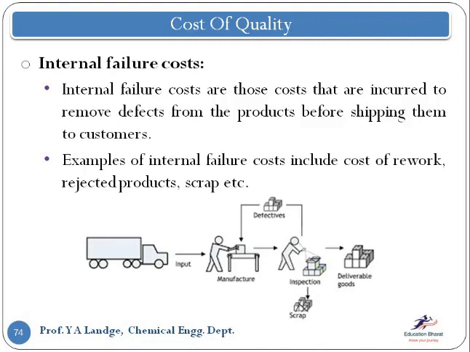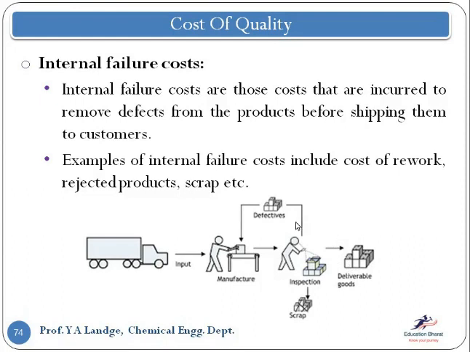If you see the process, there are the inputs, the manufacturing happens, and then the product goes for inspection, just like a quality control cell where we inspect that part. After the inspection, if you find some products are defective, we need to resend them to the manufacturing process. Some products may be scrapped, where it is not possible to rework them, and the product which is not defective, a good product, can be delivered.